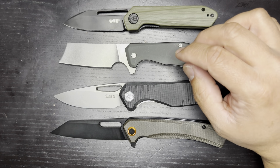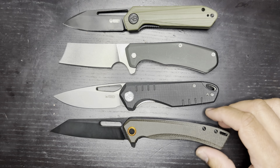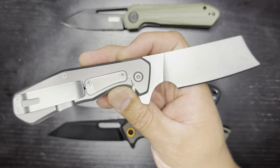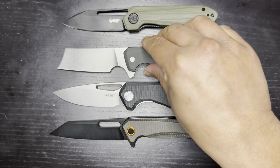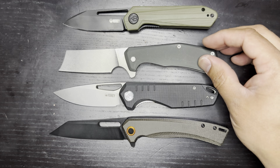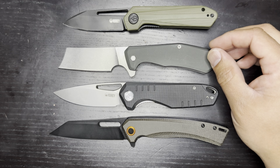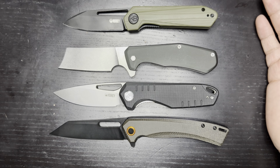That coupled with the lock bar access and all those kinds of issues just makes it a no-brainer. Why wouldn't you want to get something like one of these for 30-something bucks versus this one, which is almost 50 bucks? Especially from a company like Gerber, you would think they would have stuff like that figured out. I'm not sure why that's an issue. I have heard good things about the Slim Sata, so maybe this is unique to the USA. I don't know. But as somebody who would be a little more interested in Gerber stuff, especially considering they do have some American-made knives,